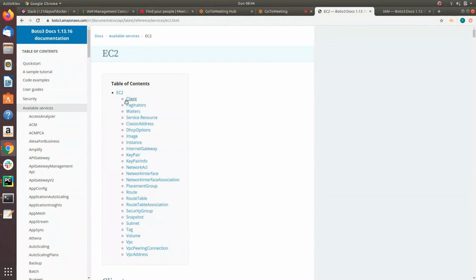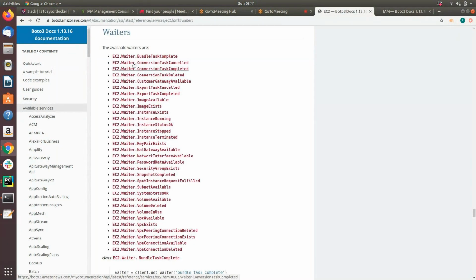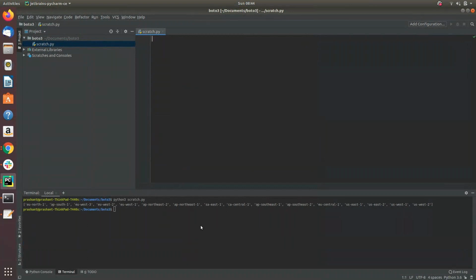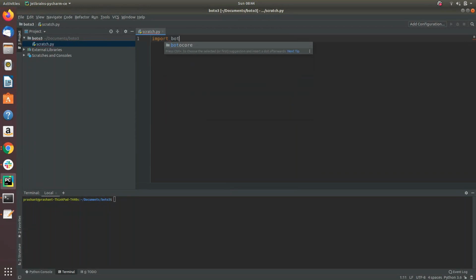EC2 also has the client as well as the resource object. Rather than telling you all these things theoretically, let me show you with the help of an example. First thing I'm going to do is import Boto3, which we have been doing so far. The second step is establishing a session with the AWS Management Console,